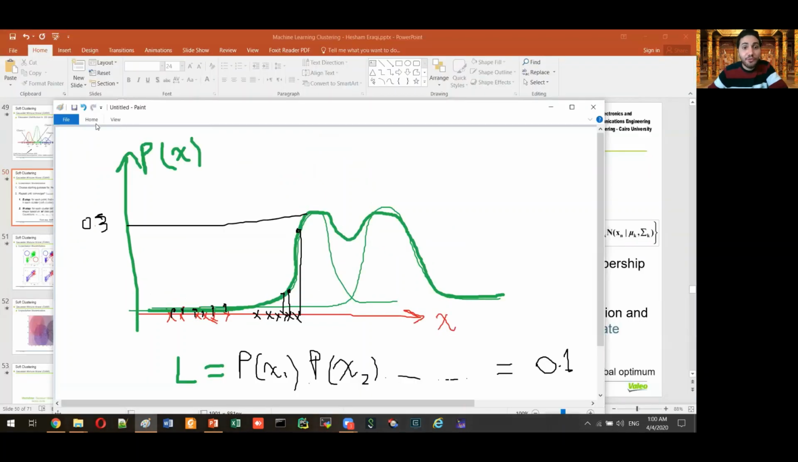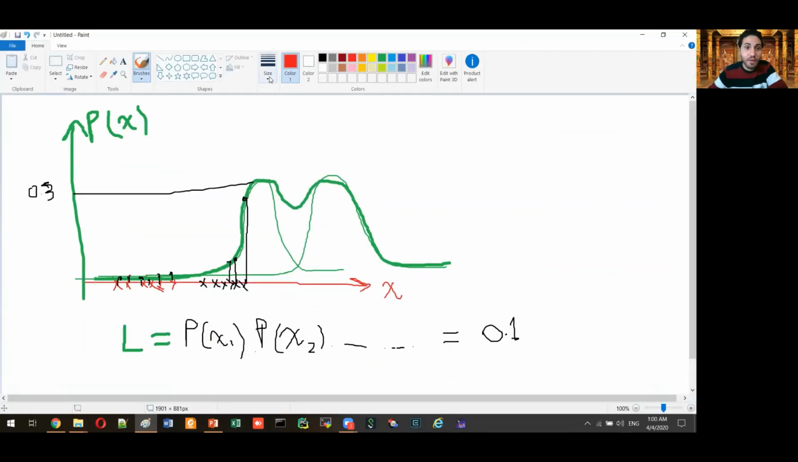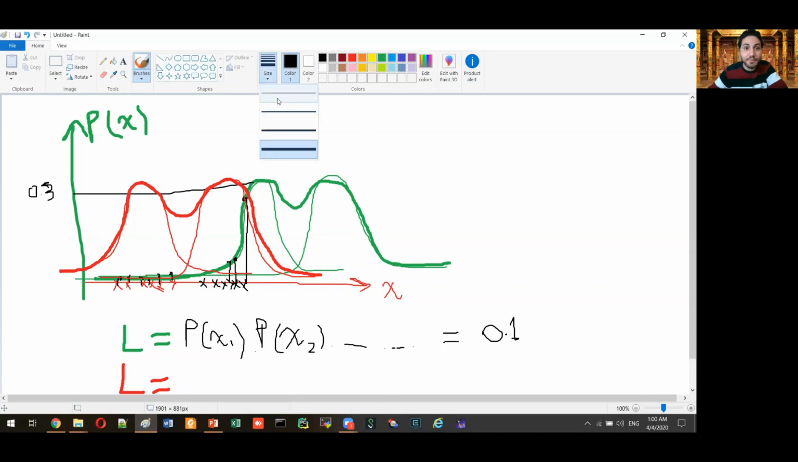Okay, so after convergence, we wish that our two distributions fit the data much better. So the first distribution becomes like this, and the second distribution becomes like that. So the mixture of the two distributions is something like this. Okay, so if you calculate L, the likelihood for the new distribution, you will substitute by this point in that